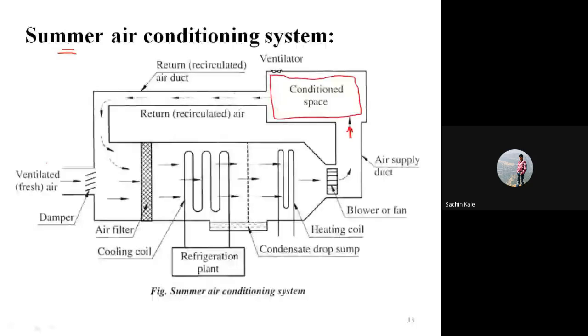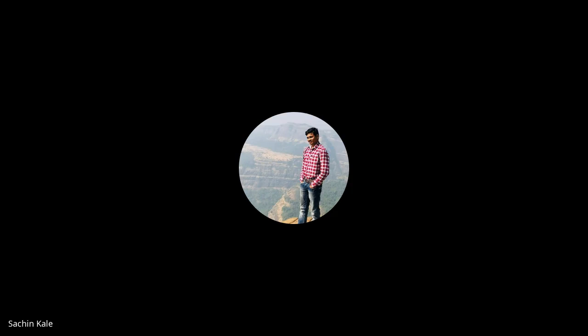here in case of the summer air conditioning system, fresh air or ventilated air will be taken inside the apparatus with the help of this damper. That air and the recirculated air, that is return air, will be mixed, and whatever combination of air is there will be passed through the air filter. Here the main function of the air filter is to filter the air. After filtration, that air will be passed over a cooling coil,